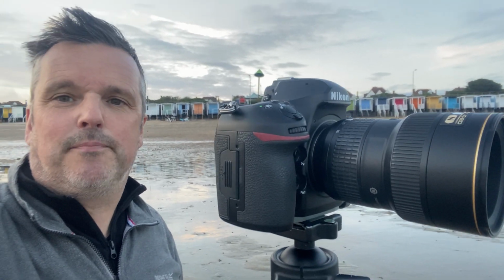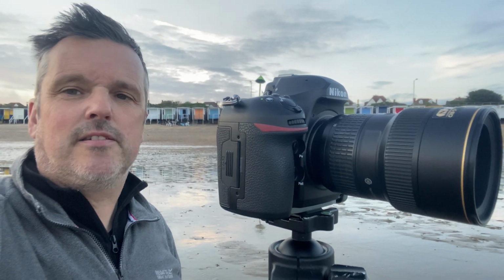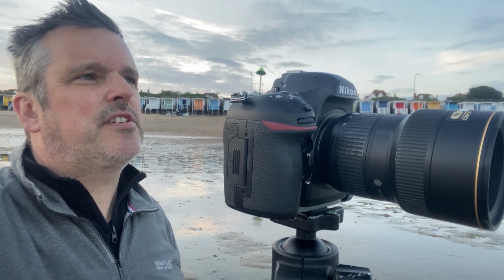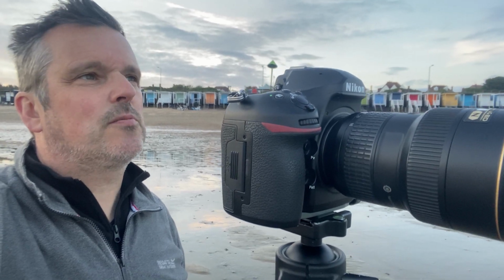I've got some colour. Patience has paid off. There's some colour in the sky, some nice pinks. Still haven't moved, still the same composition, because I always like this composition, and I was just waiting for the sky. We found each other